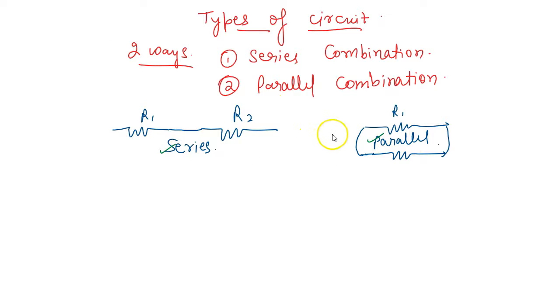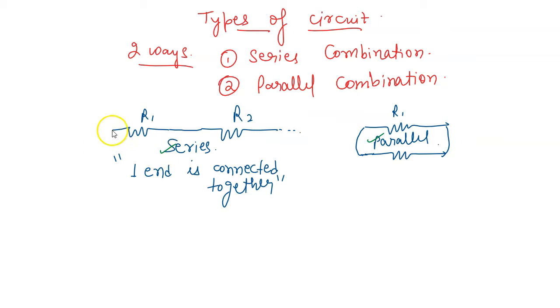Okay, so we will go through multiple questions, multiple numericals where we will analyze the series and parallel circuiting. But one thing to be remembered, because most of the places we get confused by seeing the resistors connected. So two resistors, remember, if only one end is connected together, then those resistors are in series. Only one end is connected together. Other ends, we don't care about that. This can be combined to other components, this can be combined to other components.